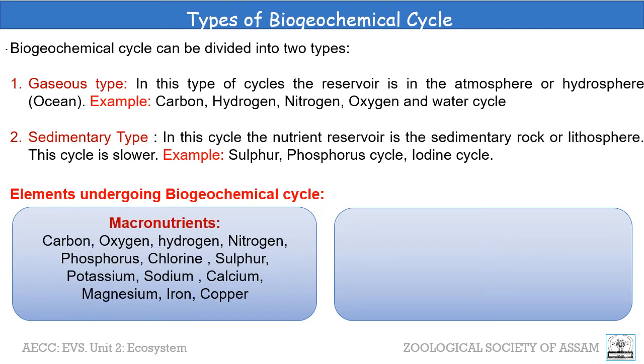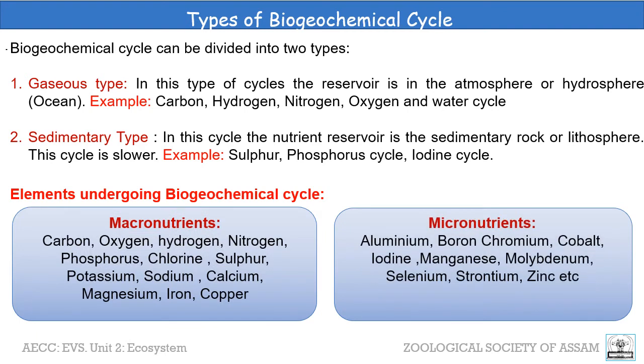Elements undergoing biogeochemical cycle. Different elements undergoing biogeochemical cycles can broadly be divided into two categories, macronutrient and micronutrient. Macronutrient means such nutrients are present in the organic matter at more than 0.2%. Some of the important macronutrients are carbon, oxygen, hydrogen, nitrogen, phosphorus, chlorine, sulfur, potassium, calcium, etc. Micronutrients. Such nutrients are present at less than 0.2% in the organic matter. Some important micronutrients undergoing biogeochemical cycles are aluminum, boron, chromium, cobalt, iodine, manganese, molybdenum, selenium, zinc, etc., which are necessary